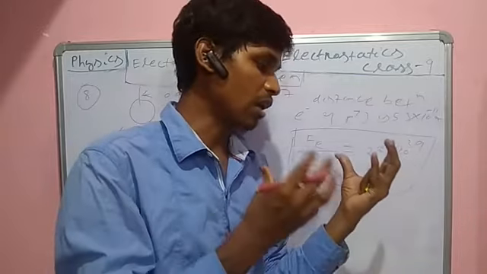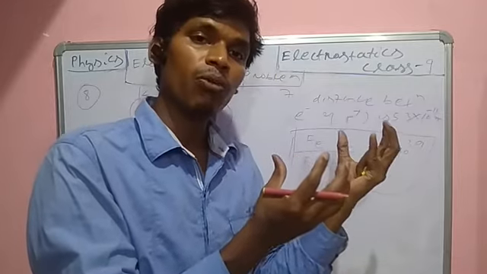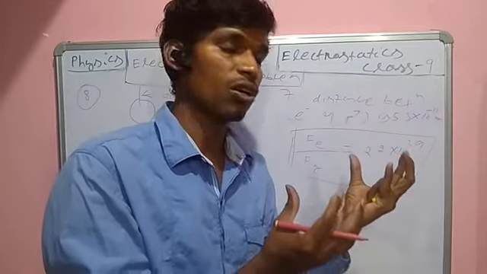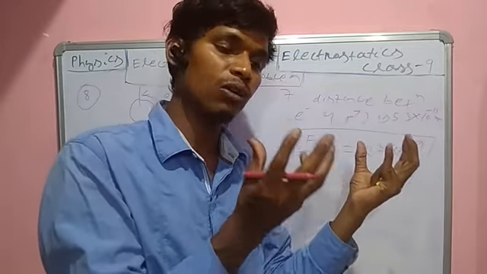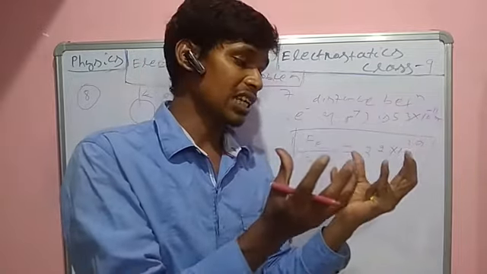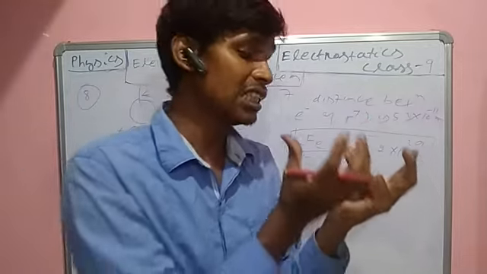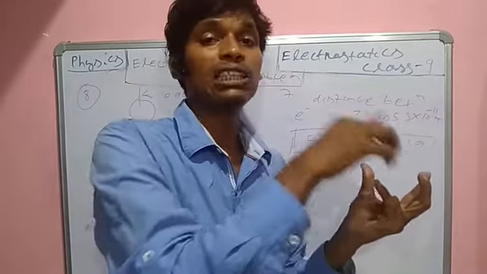Yes or no? But now you have to remember that the body with the greater amount of charge has greater potential. So the 5 coulomb charge has high potential, the 2 coulomb charge has low potential. So charge flows from high potential to low potential, and keeps flowing until the two charges become equal in value.